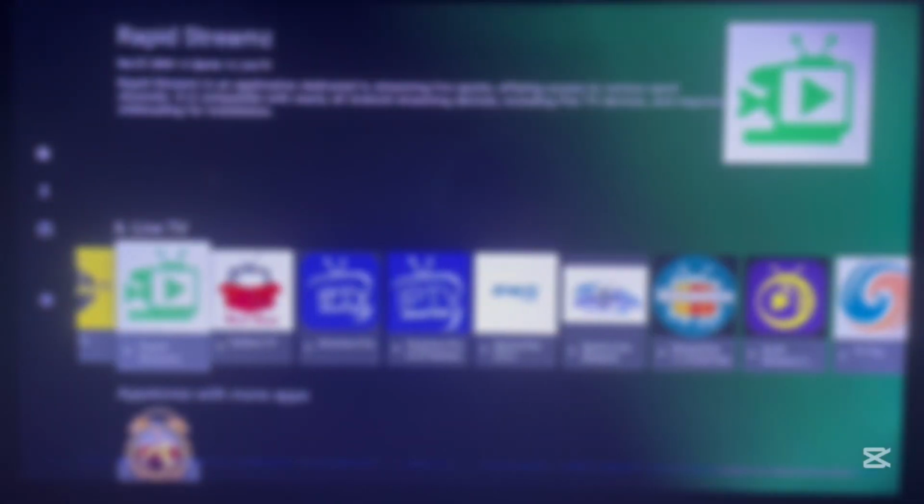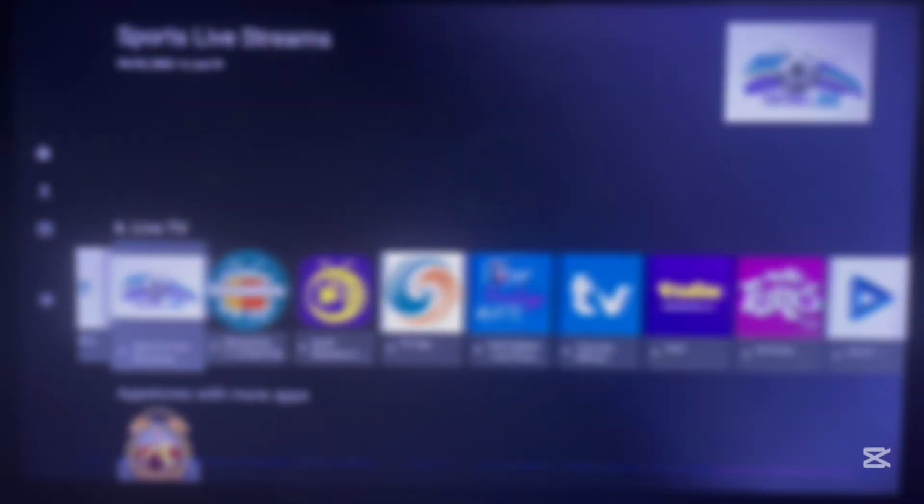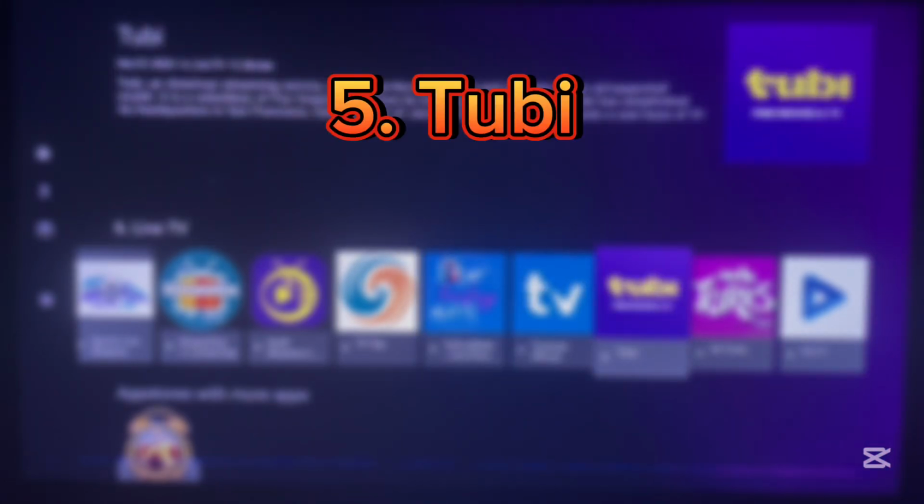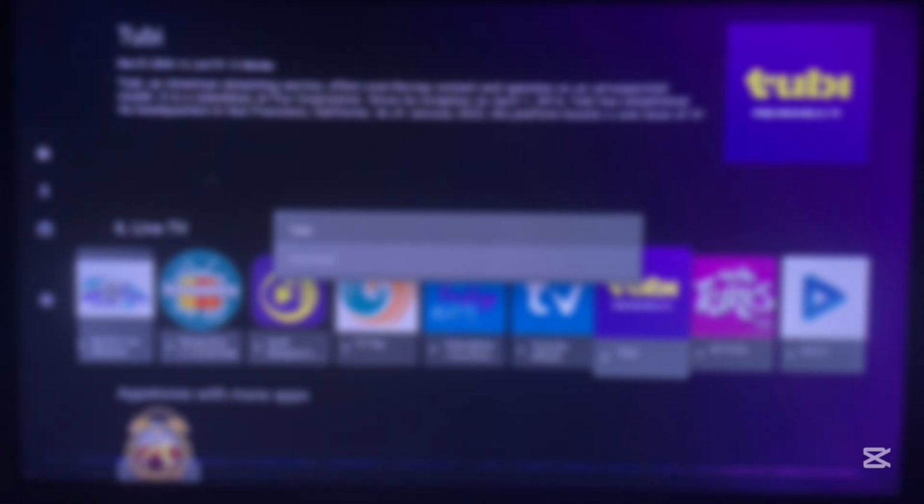So the last application on our list is another application here, and here it is, called Tubi. So you just go over here. Here's the application. You click on it once, and you can go ahead and start downloading to your Android TV. So these are 5 good applications you can use as alternatives to your Netflix or any subscription-based streaming